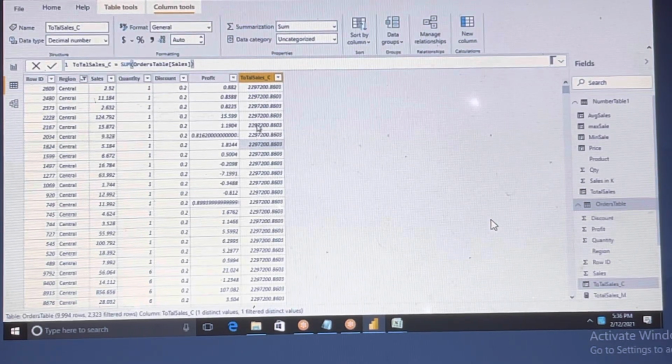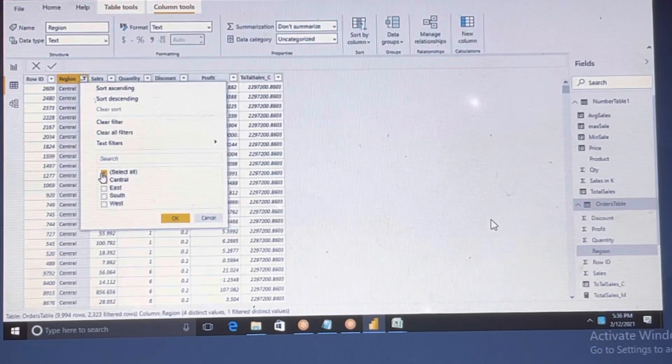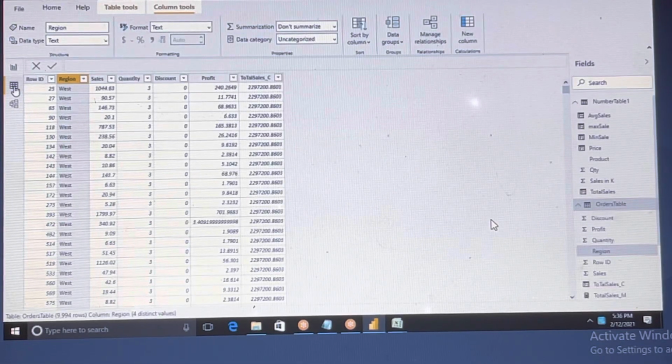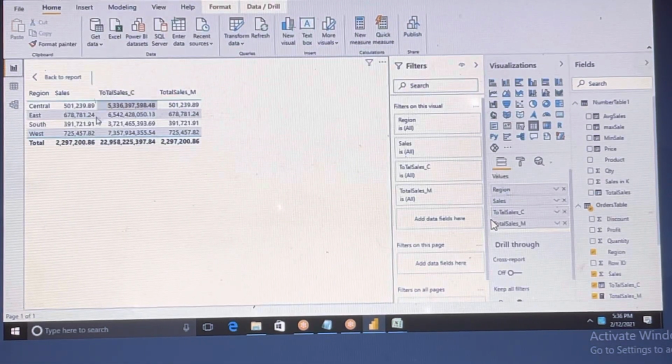Again it is summing whatever data we have, and based on that we get the total sum of the sales. That's why, let me go back to the visualization. See, sales and total sales are the same. Okay, when you take the measure, the total sales and the new column total sales are different. The reason is that it is summing all of the column, and on top of that it is grouping based on the region.